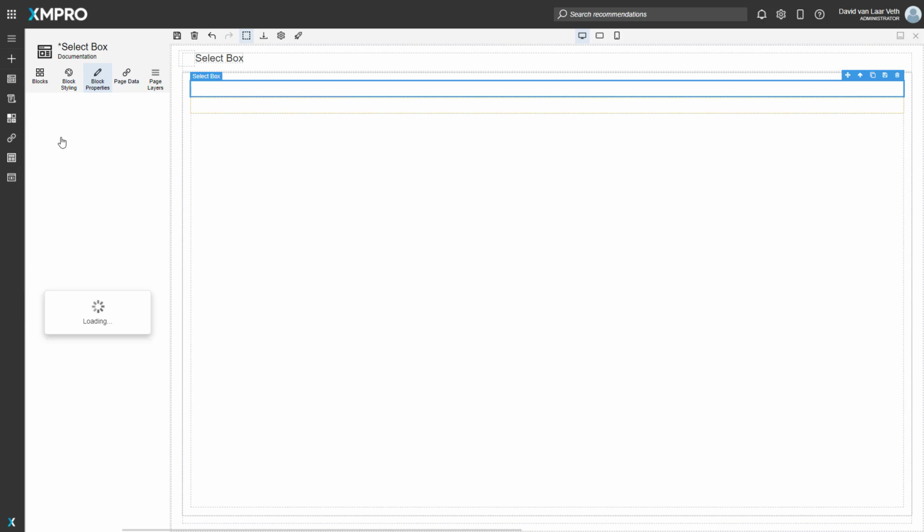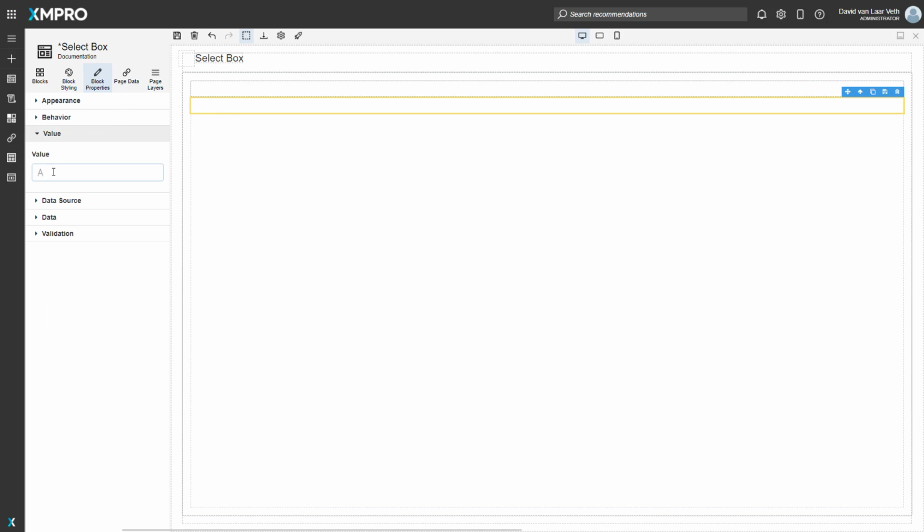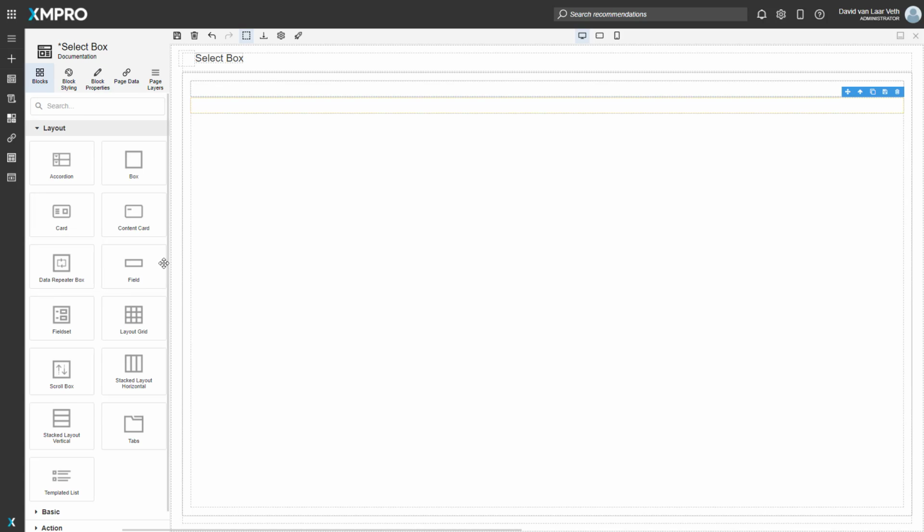Value can be some static text. So for instance, if I put 1 in this, then it will be the first value. Or it can be dynamic, so some parameter or a variable, or come from the user properties. Or if you add a parent data source,